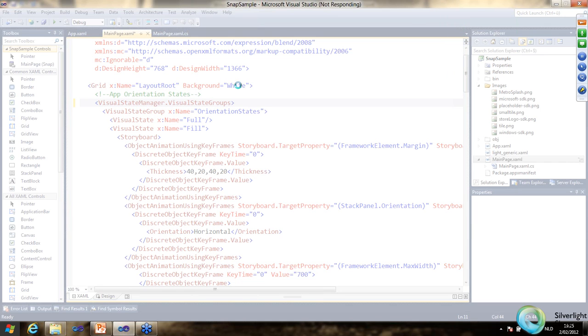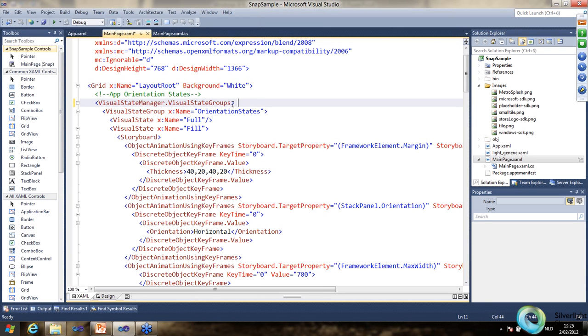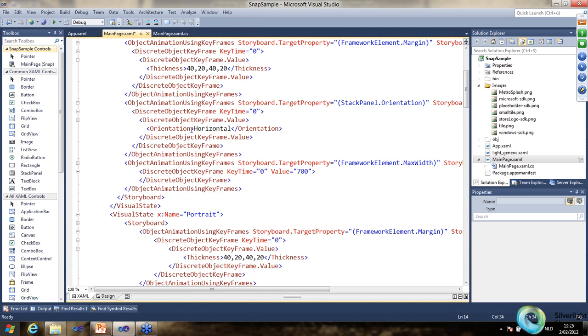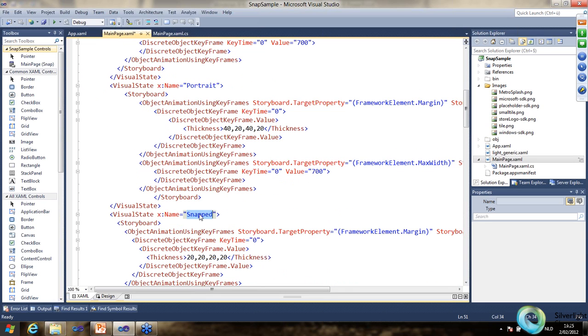We have to wait a couple of seconds before it's actually coming out of the sleeping state. There we go. So what you see here is that I have a Visual State group defined on my Visual State Manager. I have a full state, which is simply the default layout. I have a fill state, I have a portrait state, and I have a snapped state. Now what did we have in that snap state? A vertically ordered